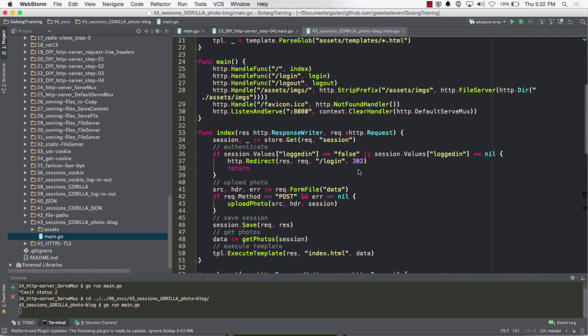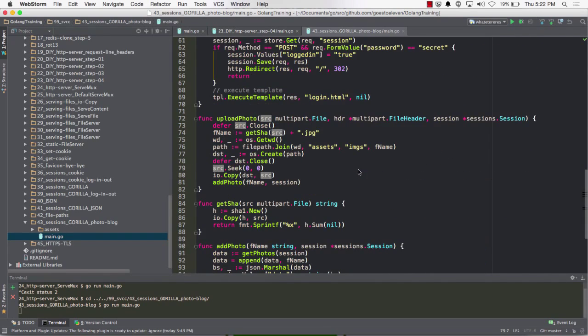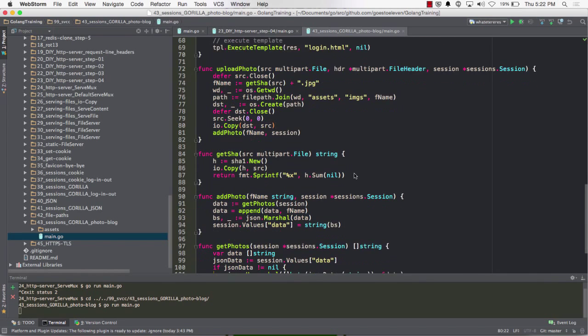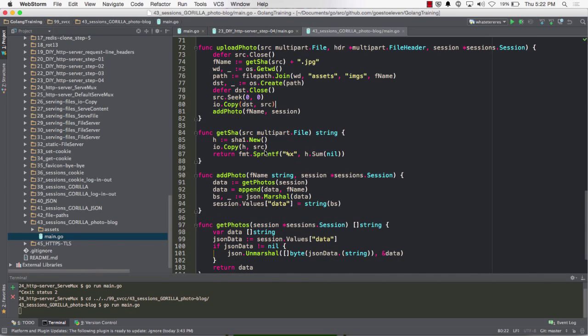But right here I was stuck in the photo blog because I wanted to hash the photo and do like a SHA-1 on it. And so I get the SHA-1, and then I'm going to use that as the file name just to make unique file names. But once I had sort of done io.Copy to do the SHA-1, I was able to use io.Copy to do the SHA-1, and because if we look at io.Copy,